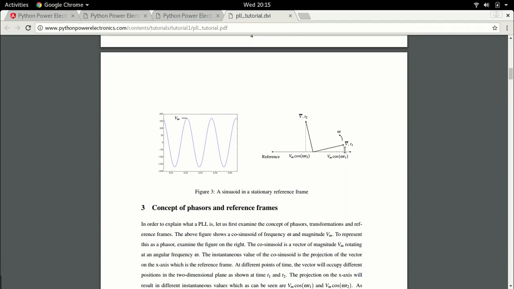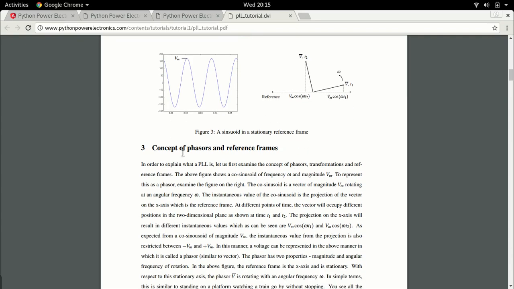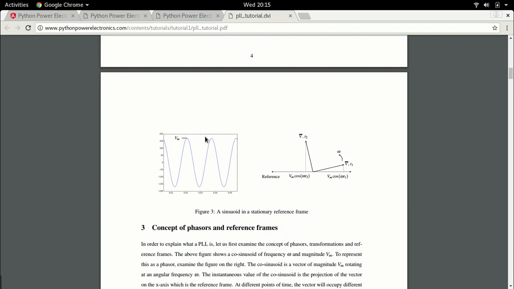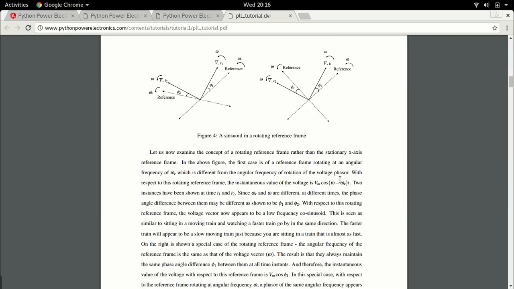another reference frame. This is the concept of phasors and reference frames. A sinusoid is nothing but a phasor that's rotating and whose projection on some horizontal plane is measured. So for example, in this case, this is a phasor V. The projection on this horizontal plane is Vm cos omega t, because if this is rotating with the angular frequency omega, as it rotates, its projection keeps changing, and this projection forms a cosinusoid. This is basically the concept of a cosinusoid, and this is how phasors work. Now the problem is this: